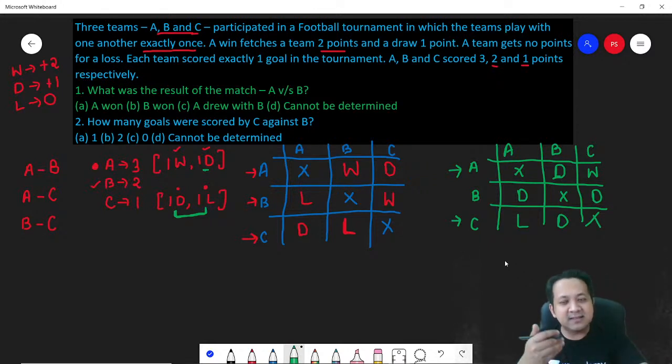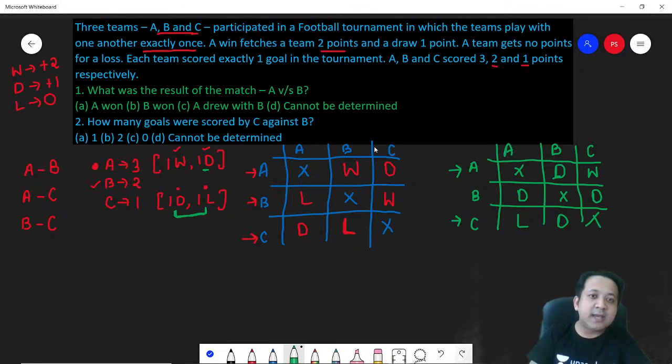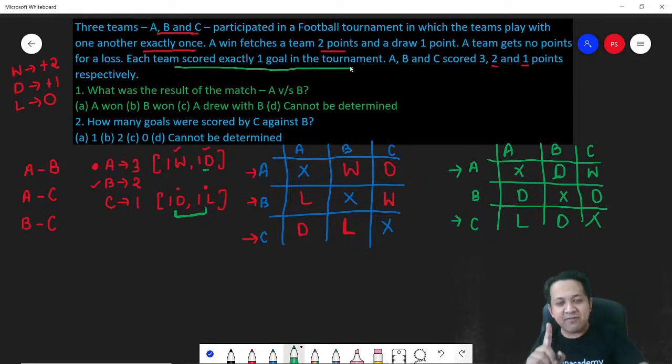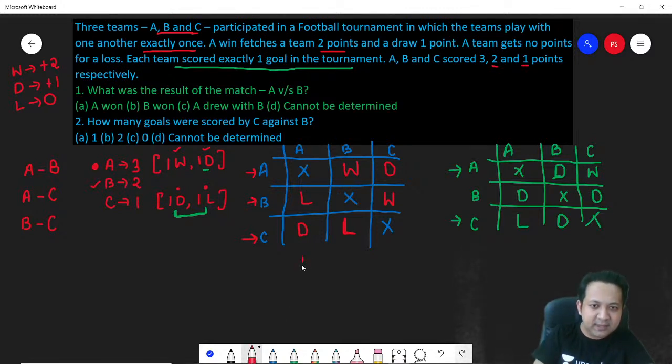Now the next thing you need to check: are both scenarios possible? Remember, in the question they gave one very important line which we have not taken care of yet. Each team scores exactly one goal in the tournament. We haven't taken care of this point yet. So let's take care of it. The matches are AB,